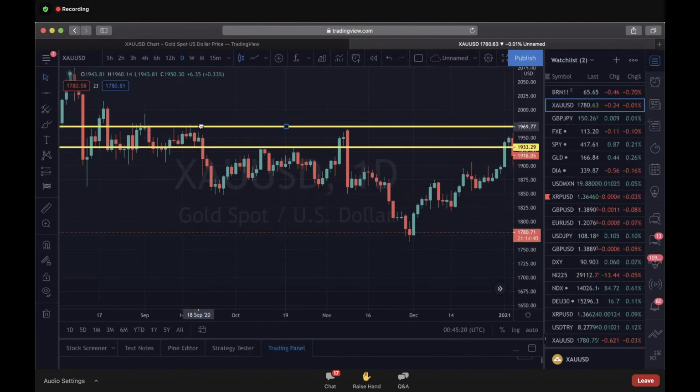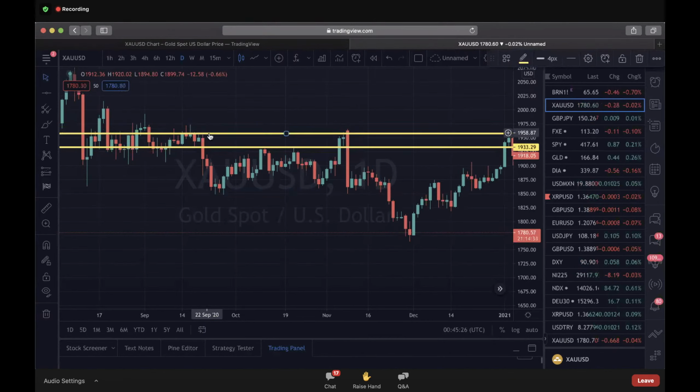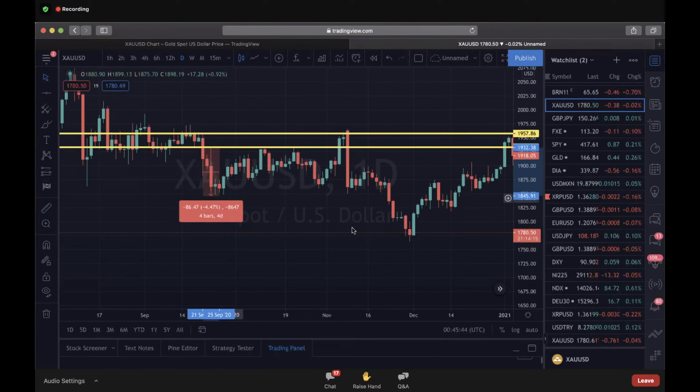So if this was my entry, if this was the setup, I would wait for price to at least wick back to here. But if price stays below this level, that's the rule system that you set up. If price stays below this level, I'm going to keep selling. And what happened? Price wicked back up. Price kept going, right? And this is on the daily breakout. Easy. Easy pips.